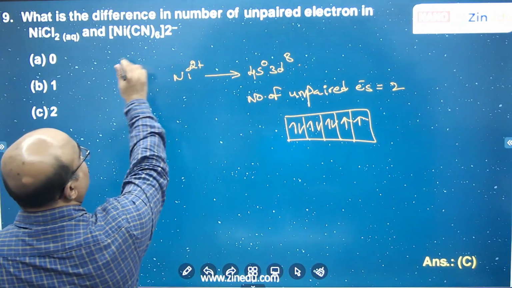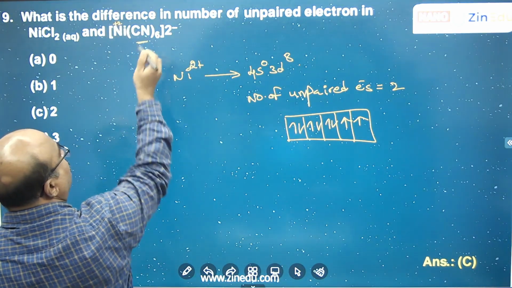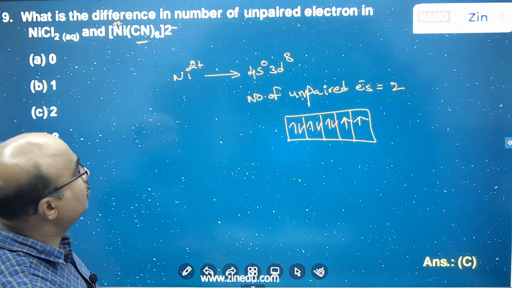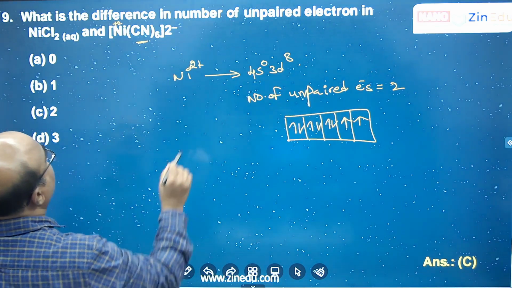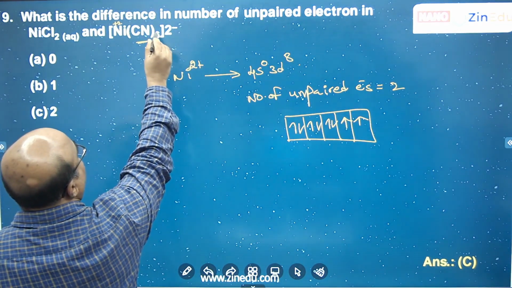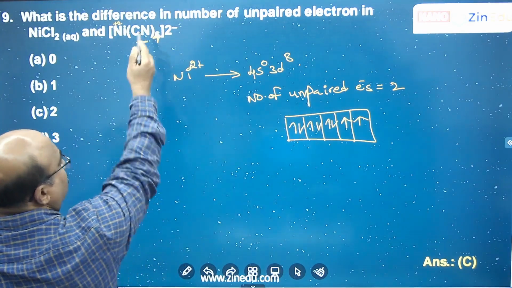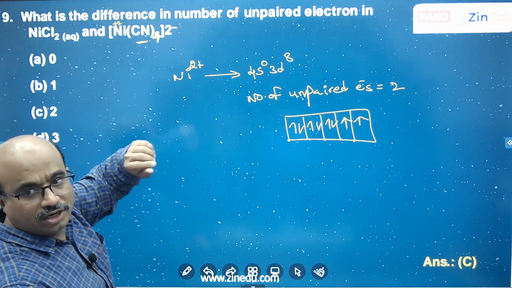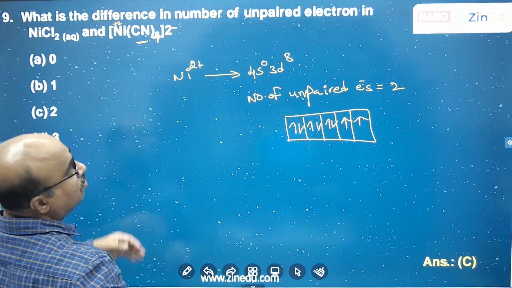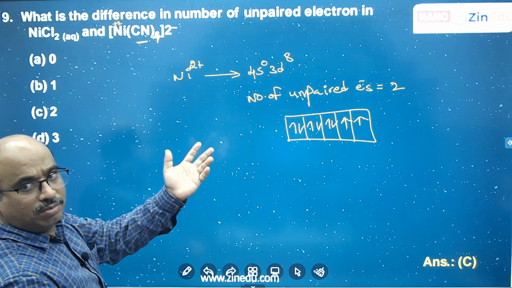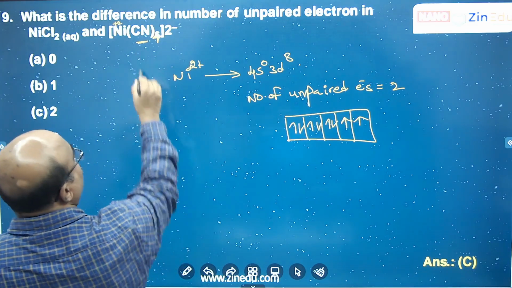Now, in the other one, this is also nickel 2 plus, but it is a strong field ligand. It is written as octahedral, with the number 6, but it is a printing mistake. It has to be 4, otherwise you won't get minus 2, since cyanide is minus 1. So the coordination number is 4. It may be tetrahedral or square planar, but it is a strong ligand. Therefore, it will become square planar. So here it is a square planar complex.